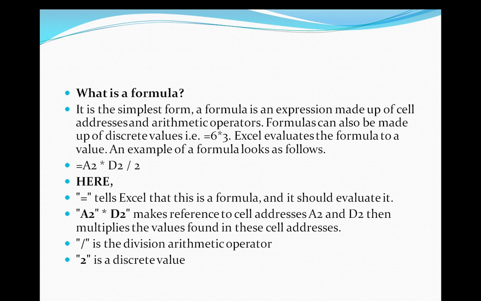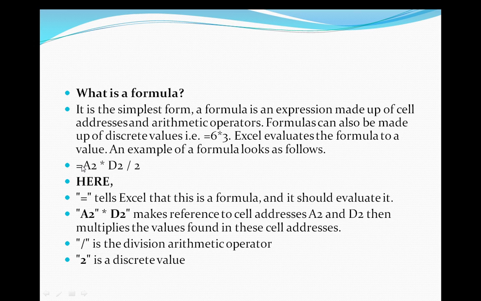So a formula is a specific condition which we have to apply when we want to perform any arithmetic operation between cells. What is a cell? A cell is the intersection of a row and a column. If we want to perform any specific operation between cells, then we have to write a specific formula for that purpose. A formula always starts with the equal to sign.